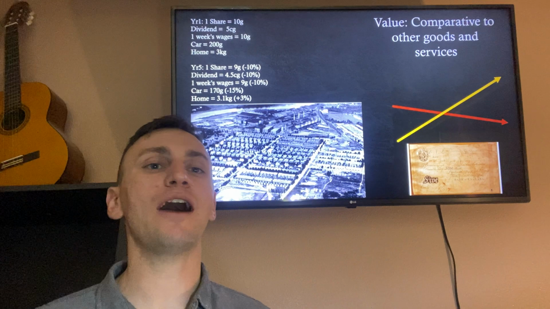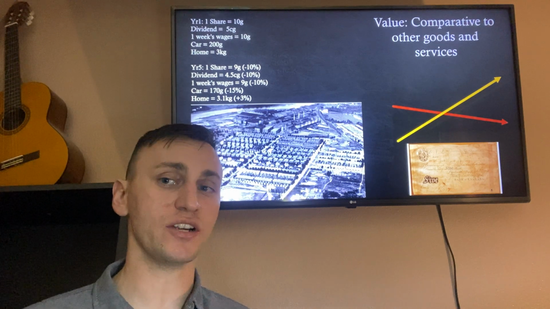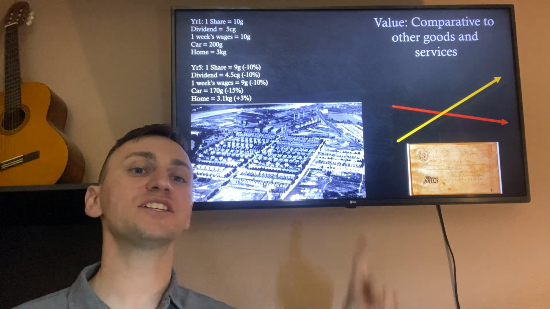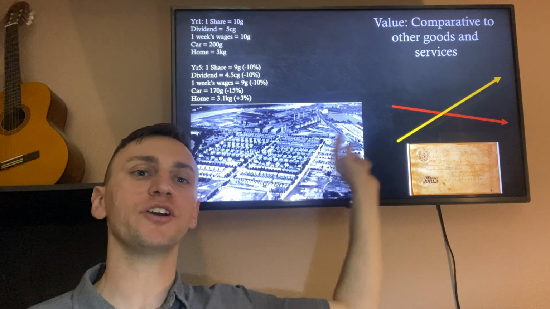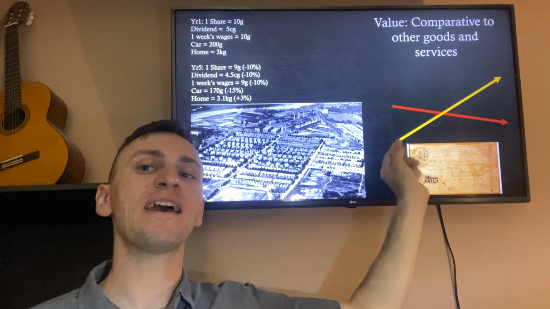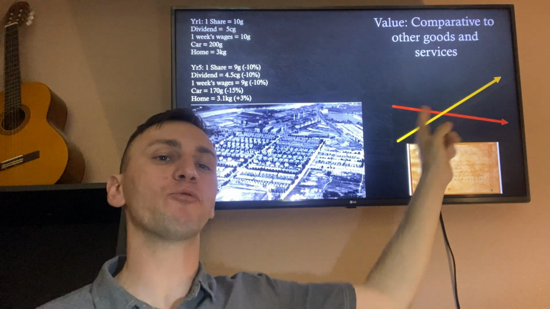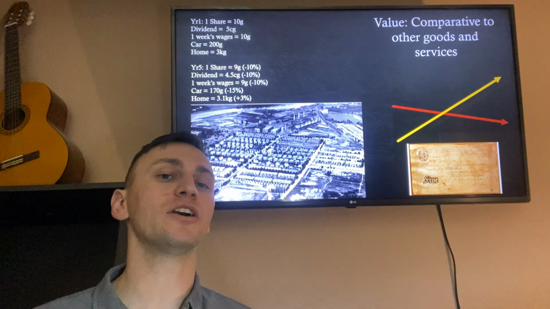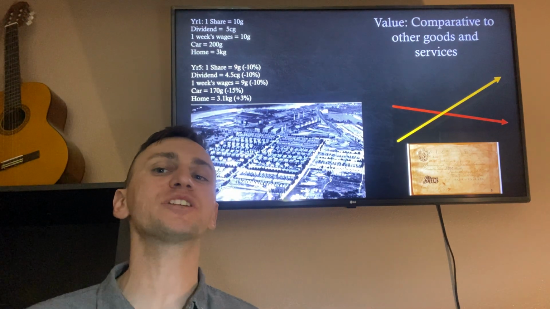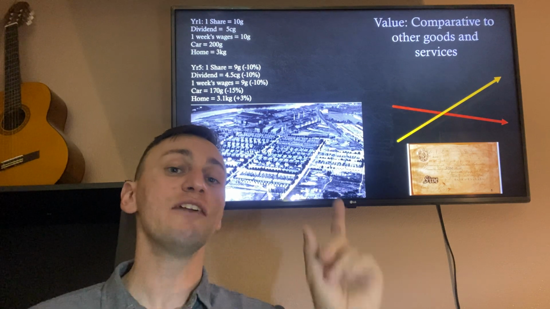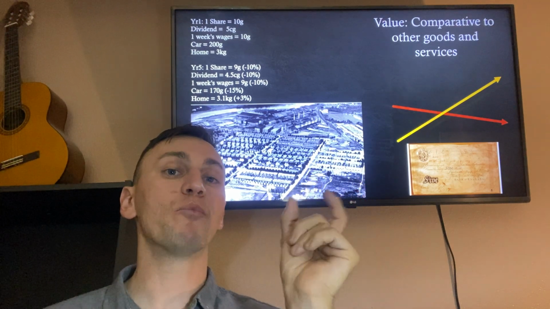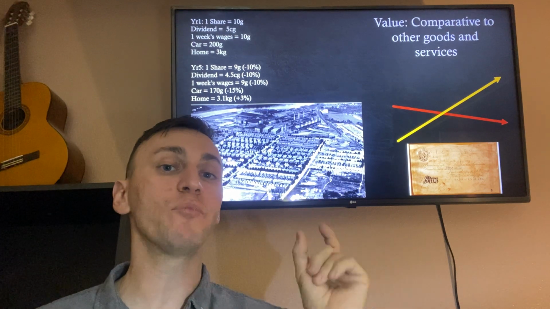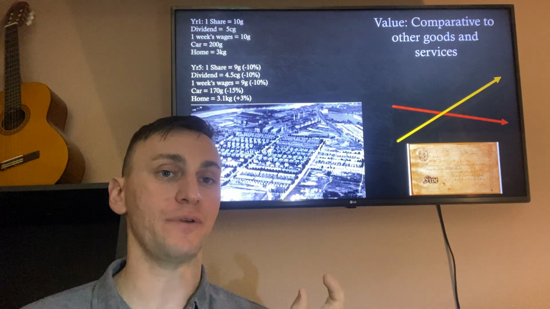And then this is how we can talk about how a deflationary currency can function. And so we're going to use an example. This is showing you that value comparative to other goods, this little line here, yellow being the value going up, red being the price going down, right? If the value is going up, it doesn't matter as long as you can purchase more goods and assets. So value is comparative to other goods and assets. If I have one thing of gold and I can buy more things with that thing of gold than I did before, I am more wealthy. It doesn't matter whether or not I have more of the gold coin. It matters what I can buy with it, right?